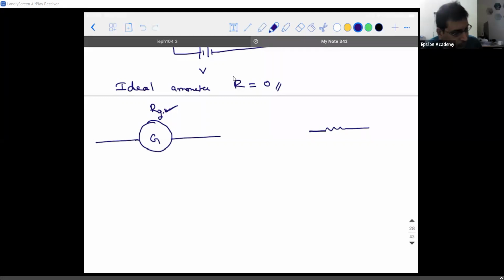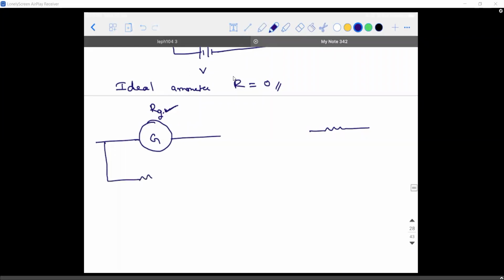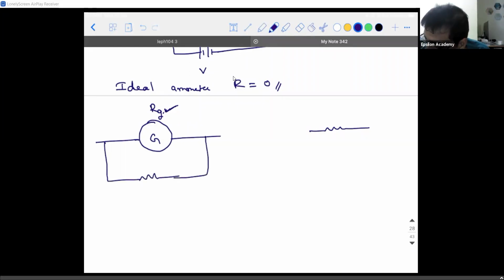When you connect two resistors in series, does the effective resistance increase or decrease? It increases, sir. Increase, right? But we need an ammeter, a device whose resistance is supposed to be less. So what are we supposed to do? You take another resistor and connect it in parallel across the galvanometer, so that this whole circuit